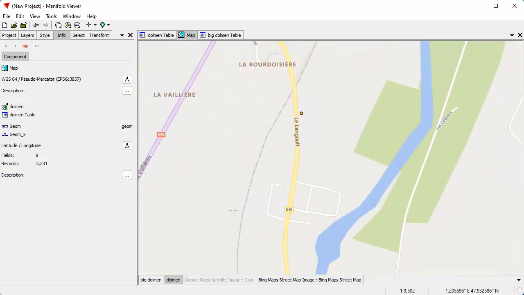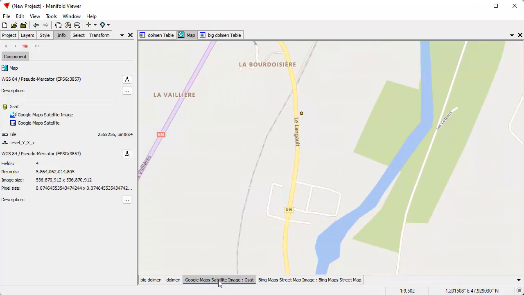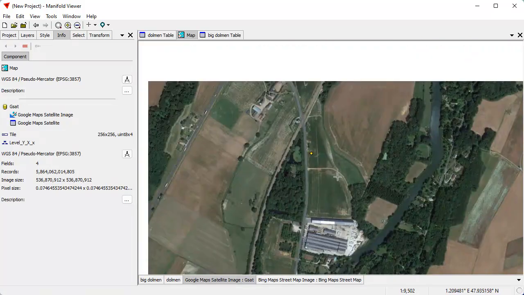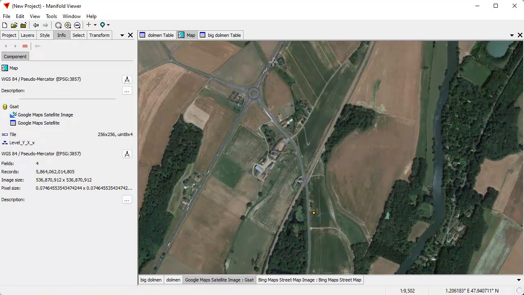Anyway, so here's where the dolmen is, and let's turn that Google Maps satellite image back on so we can zoom in. And you can see here's the N10. This is the road between Chartres and Tours. It's a delightful road, and here's a little traffic circle. And all these people from Blois-sur-Loire and Châteaudun and the Chartres that are rolling on down to Tours to go to the IKEA there and driving past